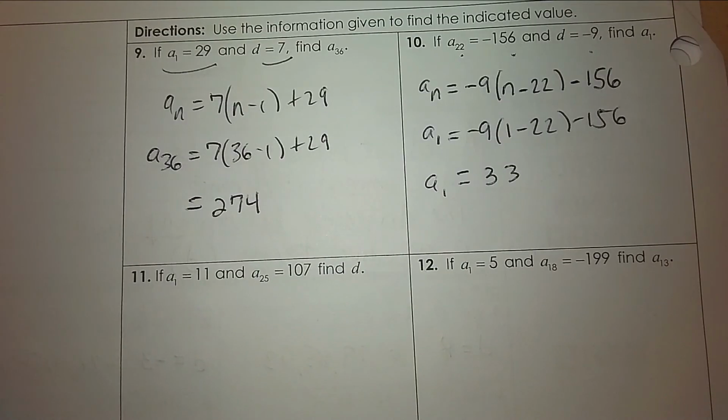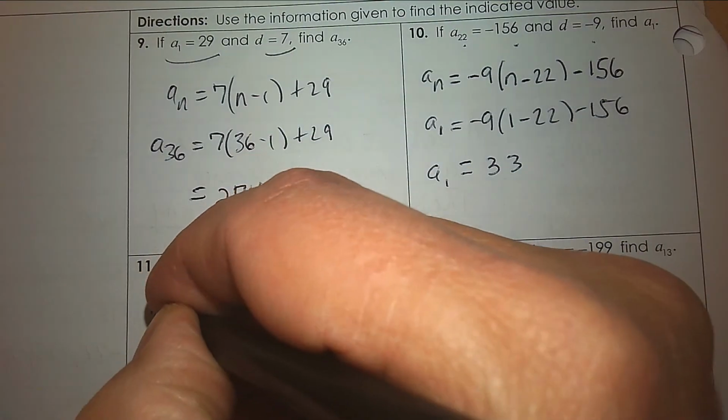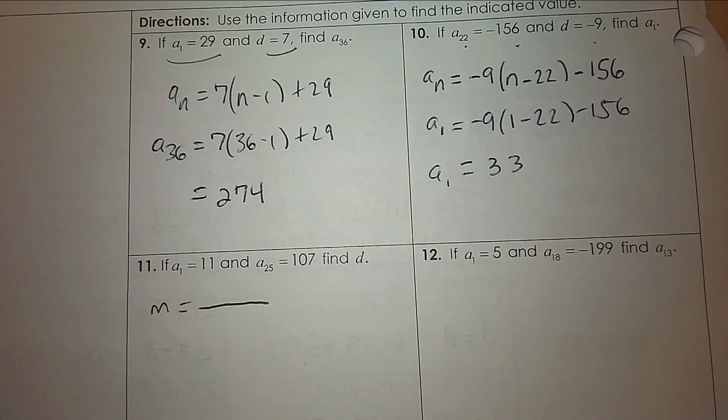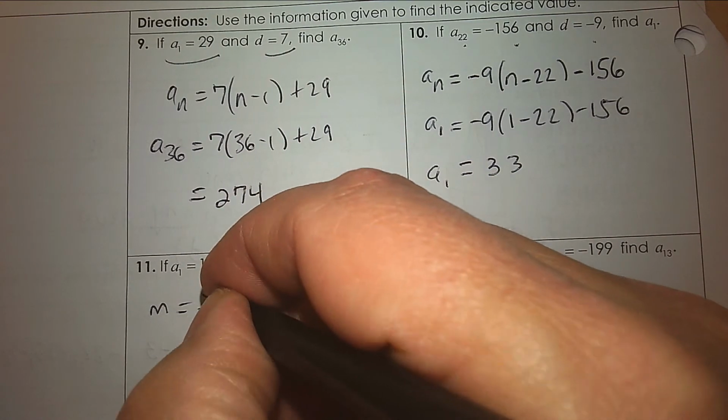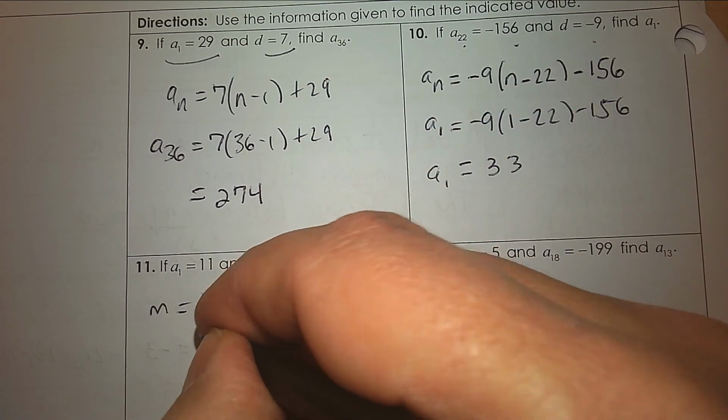Try number 11. I'll let you read it, and then I'll support you if you want to listen. So look at number 11 and see what you're being asked to find. Did you read it? Common difference means the what? Oh, there's a slope formula. So, do you know what the slope formula is? Oh, I heard it. So it's y2 minus y1 and x2 minus